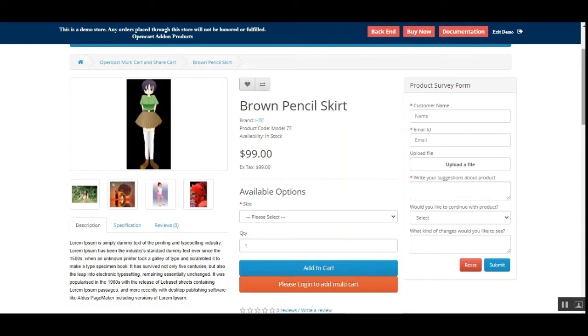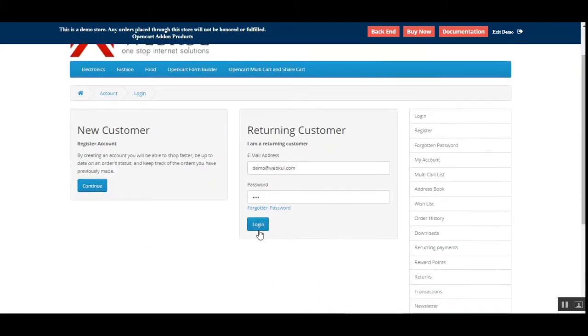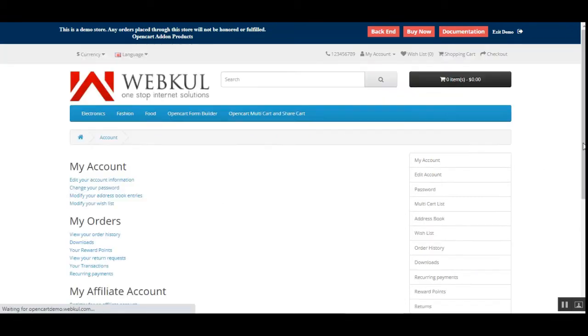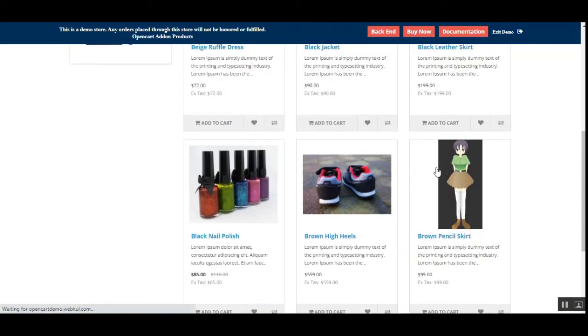A guest user would not be able to add the multi-cart, so it should be a logged in customer. So I'll just tap here on the please log in to add multi-cart, and then I'll be redirected to the login page, and here I'll be logging into my customer account. So you can see that I've logged into my customer account. Now let's go to that particular product once again. So here's the product,